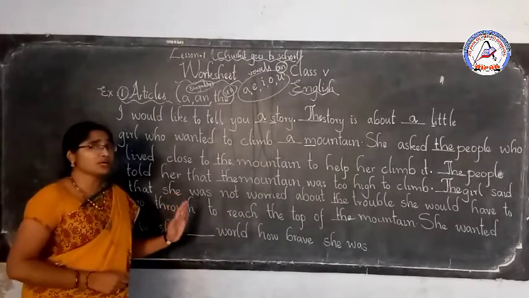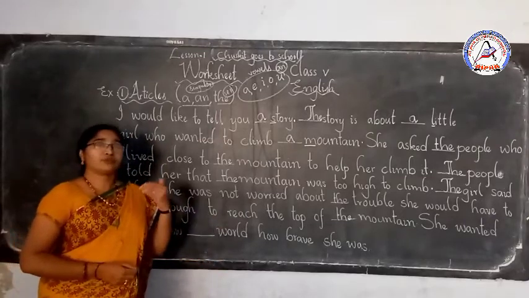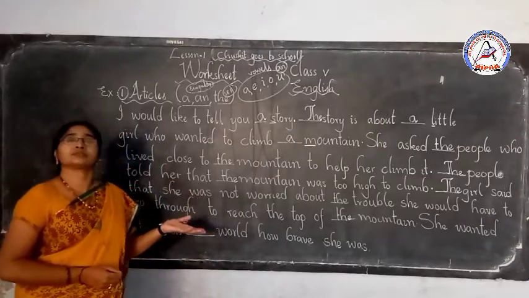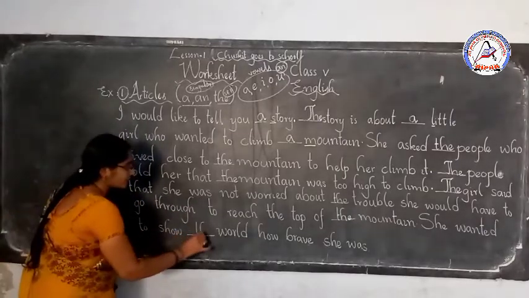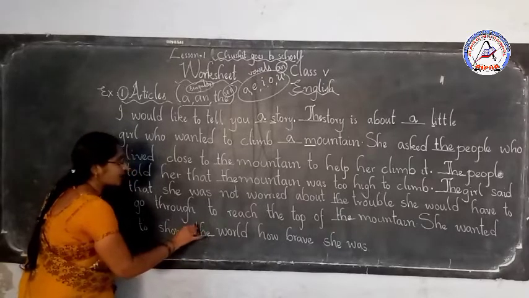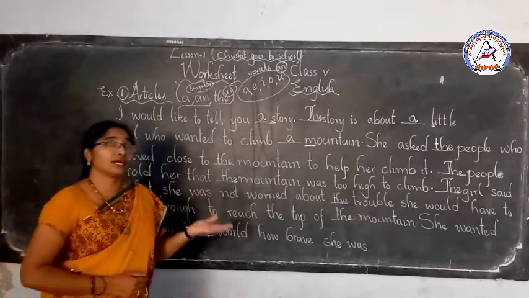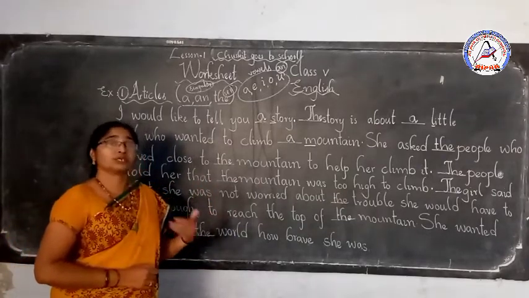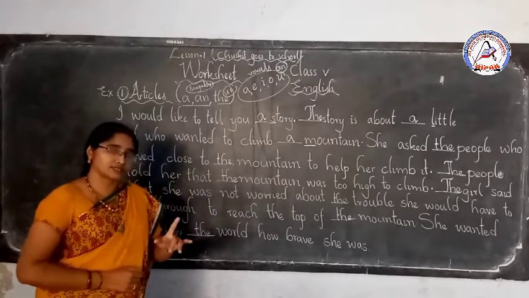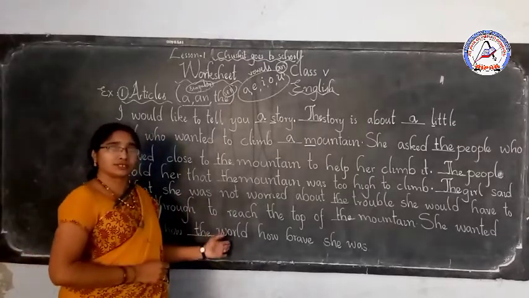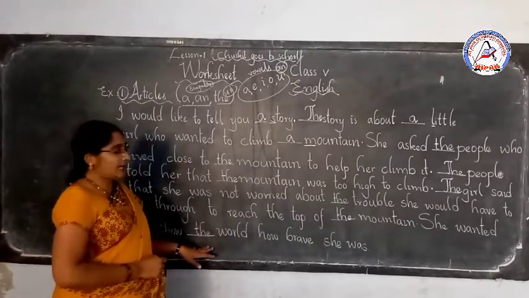But you can't use here A because the word here, world, is a unique thing. No? Before unique things also you can't use A. So you have to use the. Before unique things you have to use the article. Already in the last video you have listened, no? Before unique things, before the names of sun, moon, world, universe, star, you have to use the article. Okay? Though they are singular, though they have started with consonant letters, these are unique things. Before these unique things you use the article. I hope you have understood.